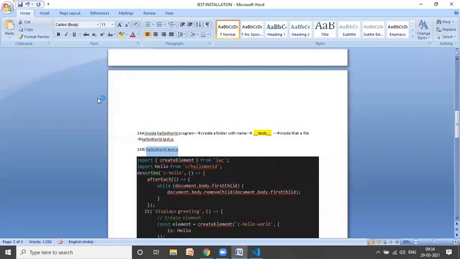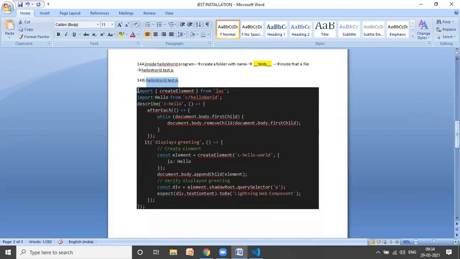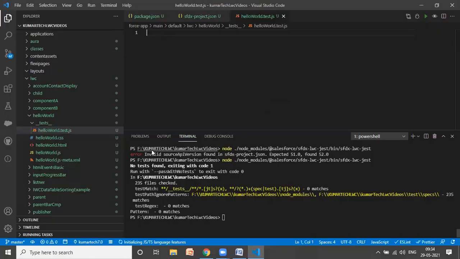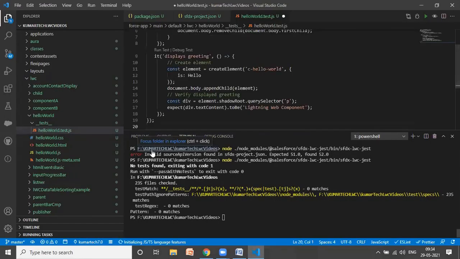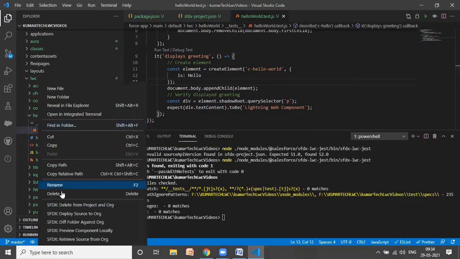Now I just copy this code. Again guys, this is an example video for your understanding purpose. I will copy and paste all the code in this document, and I will share it in the description so that you can easily go and check. Okay, let me save it. Now I need to deploy this to the org. I can click from here itself. Deploy to source org.